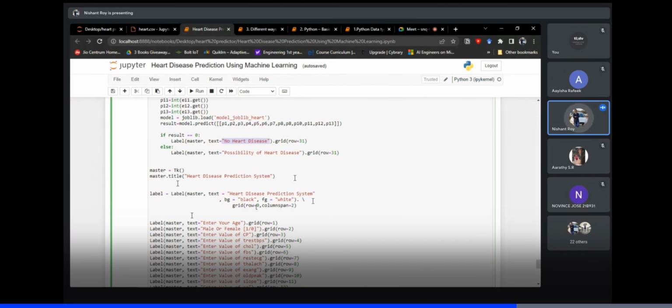The whole GUI will be split inside different rows and columns. So this heart disease prediction will be having occupation of row 0 as well as